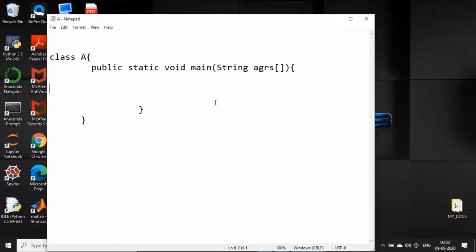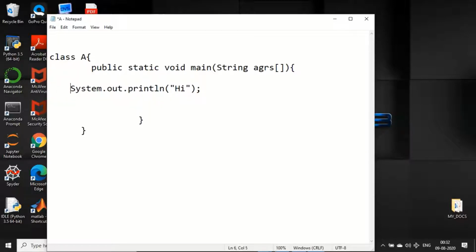Now what will this method perform? Within this method I'm just writing one line, that is System.out.println, and I'm printing hi.